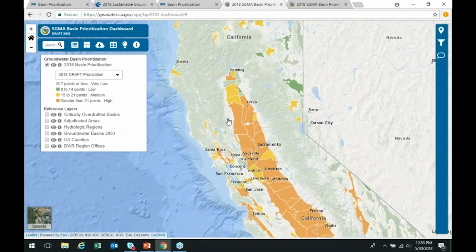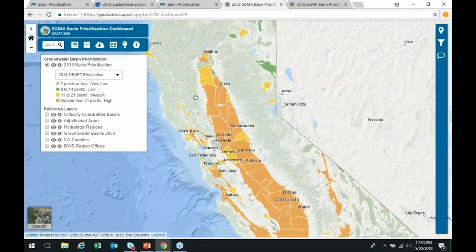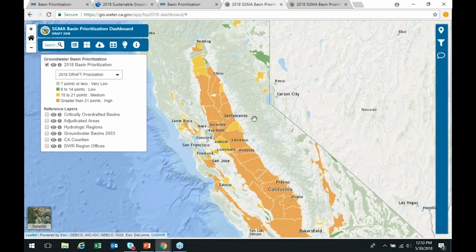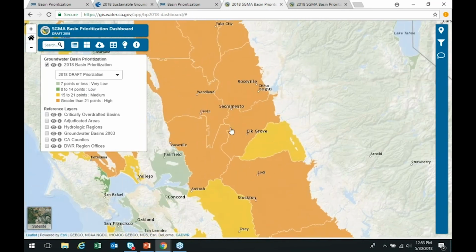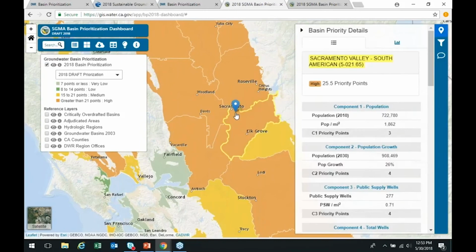Now let's look at some of the basin-specific information. We can zoom in here into the location where we are today in Sacramento, our home basin, the South American Groundwater Basin. When you click on a basin, you're able to see the priority and the points, and then information for each component that Roy described that we use for this particular basin.